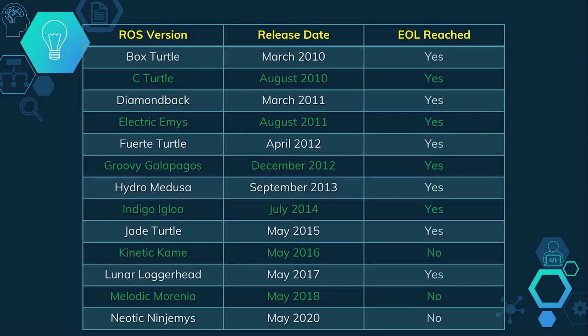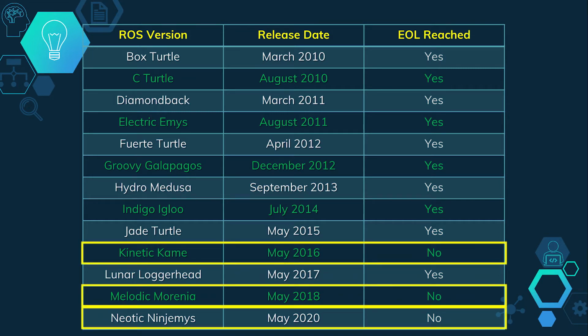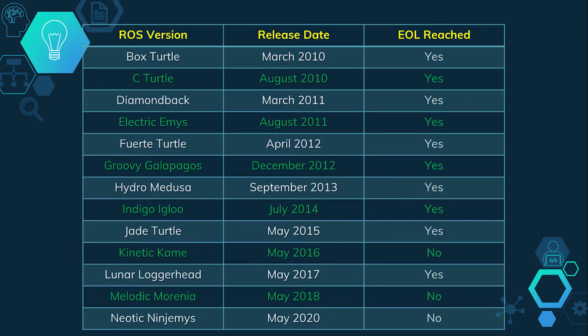The next question is, how do we choose which ROS version to install? If you are a beginner, I would always recommend you to go for the LTS or long-term support version because those versions are much more stable than the non-LTS versions. The next thing you should look for is that you want to have the most recent and mature ROS version installed in your PC. By mature, I mean a version that is relatively new and also at least 9 to 12 months old.